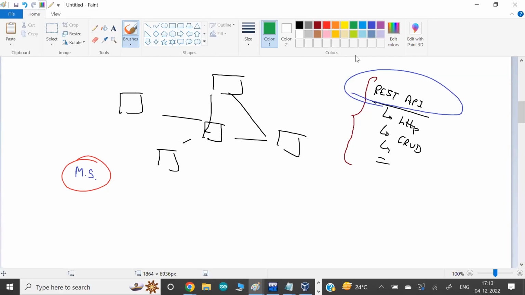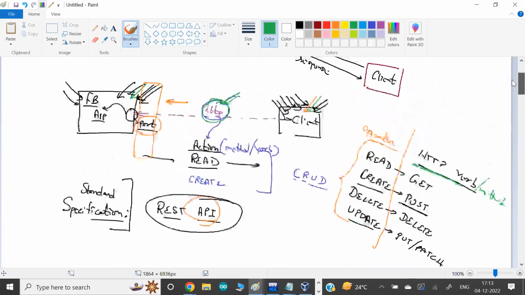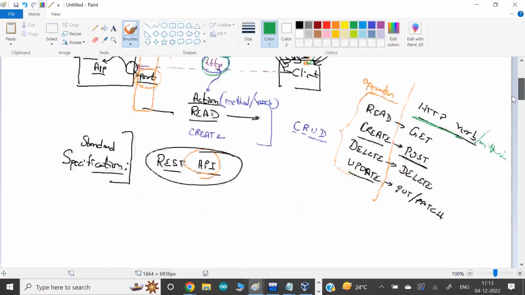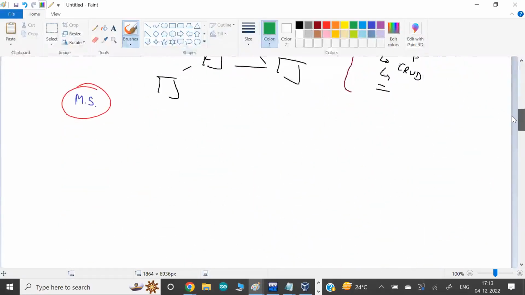If you don't understand what I was trying to explain, don't worry, it is my responsibility to make you understand these concepts. But my intention is to tell you the prerequisite for microservices is REST API. It's just a concept, and we use this concept very heavily in the microservice world. Without REST API, things won't work.